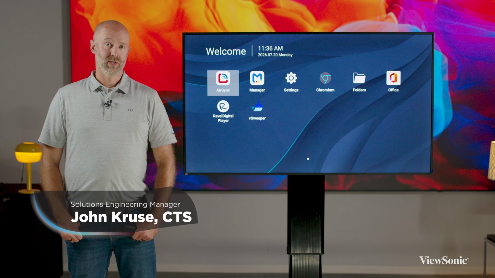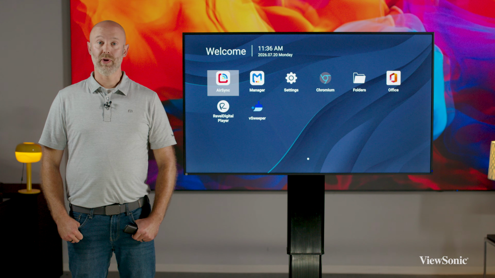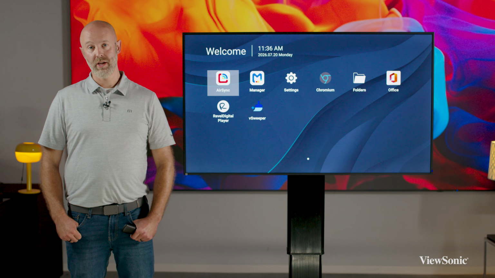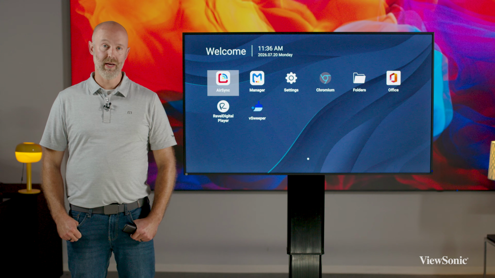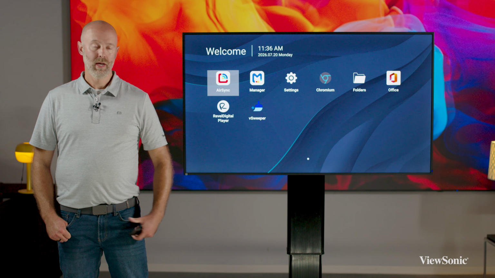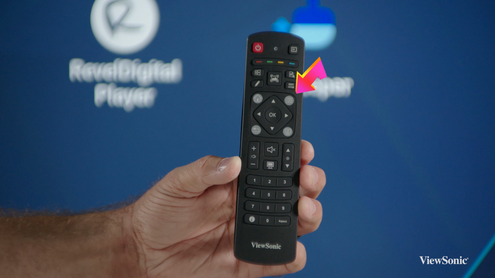Let's say you need to repurpose the display or move it to a new location and that requires some settings changes. Let's walk through how to do that without the need to factory reset the display and walk through the wizard again. On your remote, we're going to use the 3-line menu button at the top right corner of the